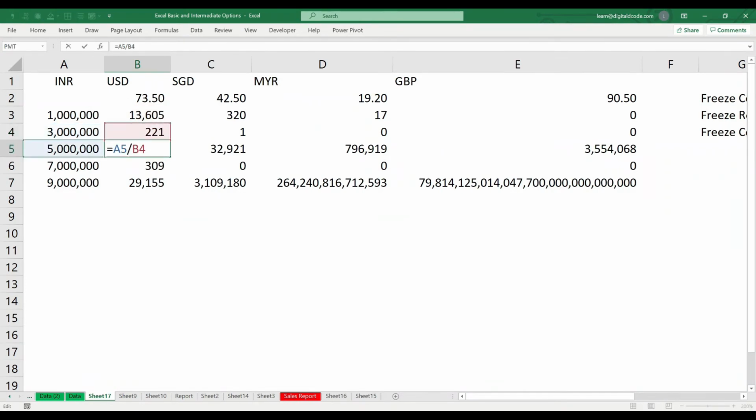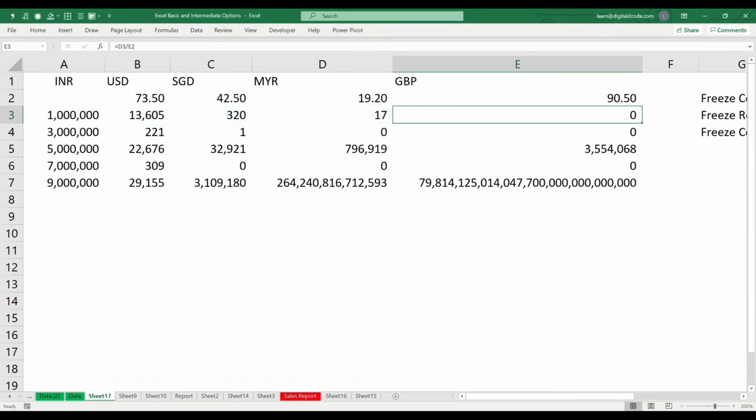Again it's picking the next cell value. Similarly for the column, the first cell is fine, but if I paste to the second cell, instead of 1 million it's picking only 13,605. So what I want is for my row and column to be frozen.